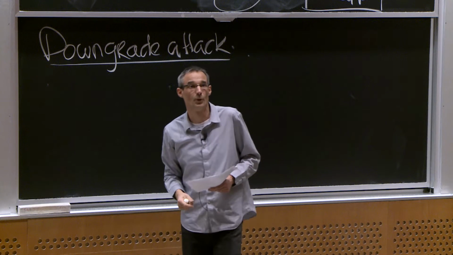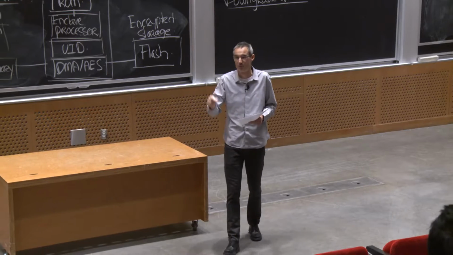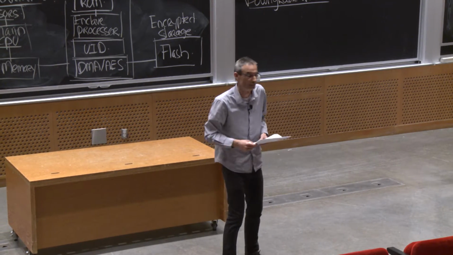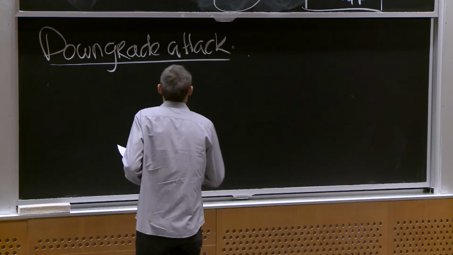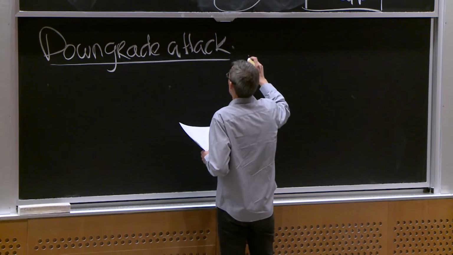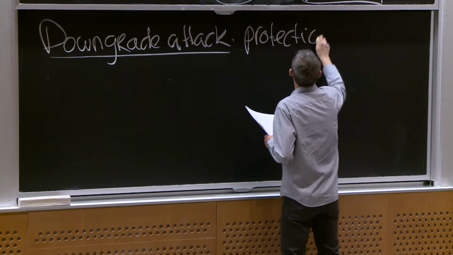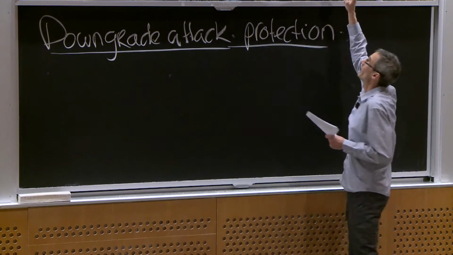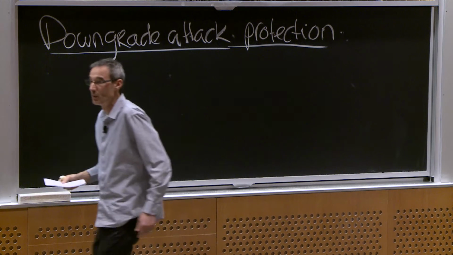If you go to your phone settings, at the bottom, you'll find the ECID for your phone somewhere. And to protect against this, they use that ECID in their downgrade